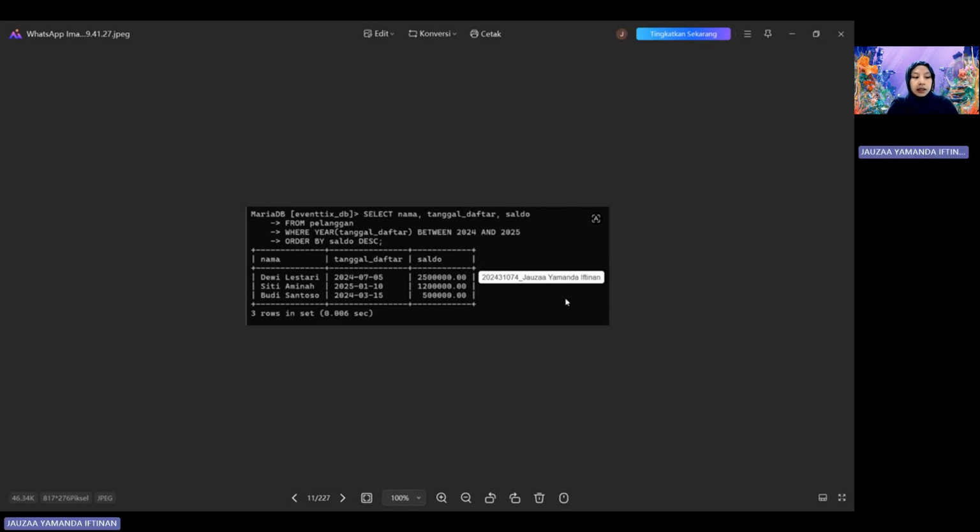To simplify virtual reporting, I create a virtual table using the create view command named v_rekap_penjualan. This view uses multiple inner joins to connect customer, ticket, and event, heavily filtering for transactions where the payment status is selesai or completed. We call this view using the select command, and it instantly provides a clean, readable sales recap without needing to retype the complex join.